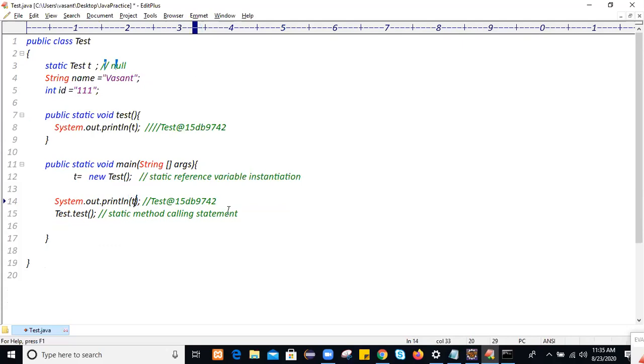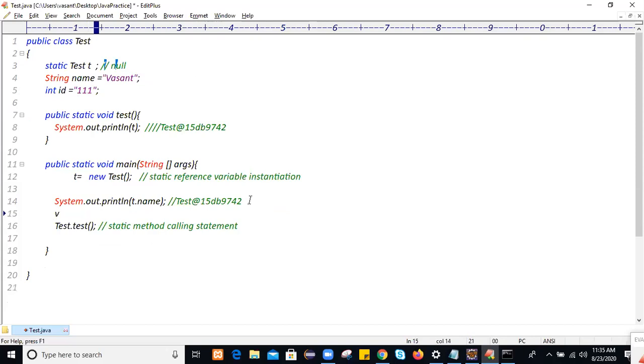You want to display these values within this test method and within the main method also. On that memory address you can access the name of the person, and similarly the id of the person. Instead of printing the memory address, we access the instance members of the class loaded there.